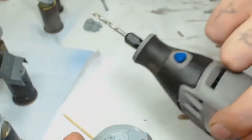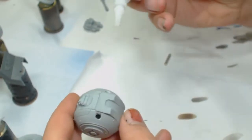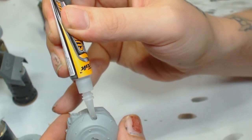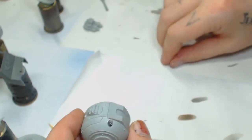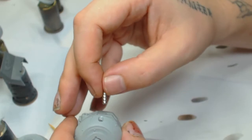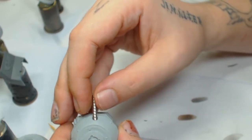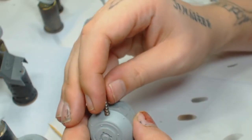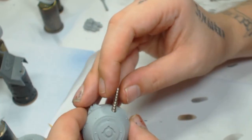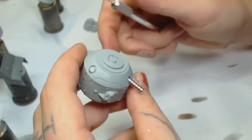What we'll do is stack a couple of magnets in there, let that set, and I'll show you that in a second. See, it's just the right size for the nozzle of the super glue to get in there as well. And we're going to push the magnets in. Now what I've done to make sure my magnets are always the right way around is I've drilled a small 3mm hole in my desk, put a magnet in there, and put some perspex over the top of it, so if my magnet clips to that,